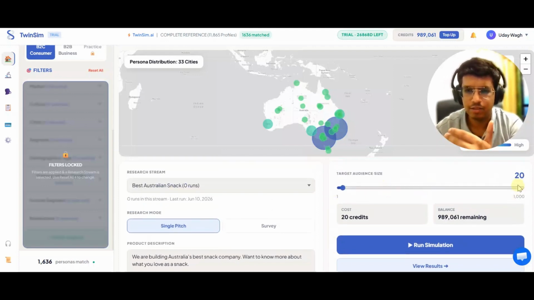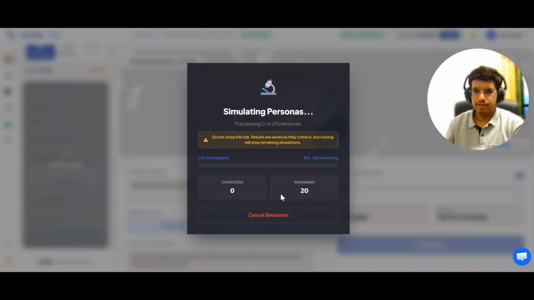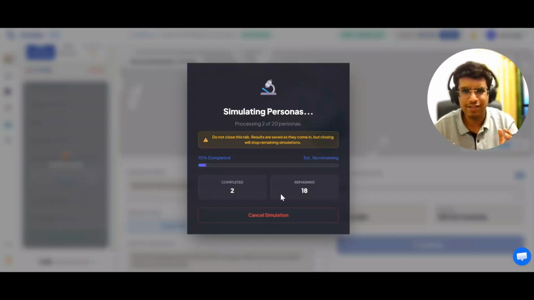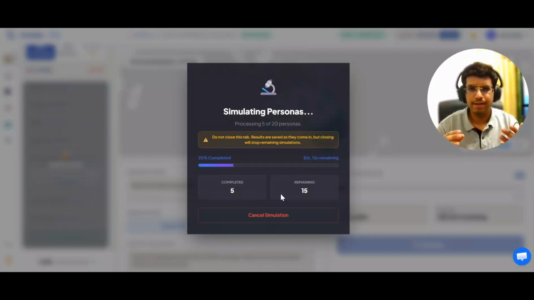You can run a research on around 1,000 people, but for this demo, we are just doing 20. So the 20 will be randomly selected from the 1,000. So let's run it. What we usually do is not give access to the platform to the end user, but